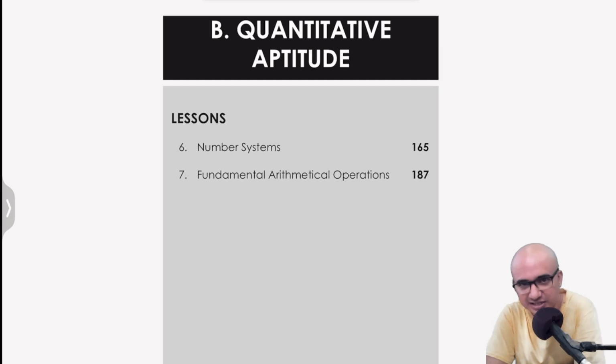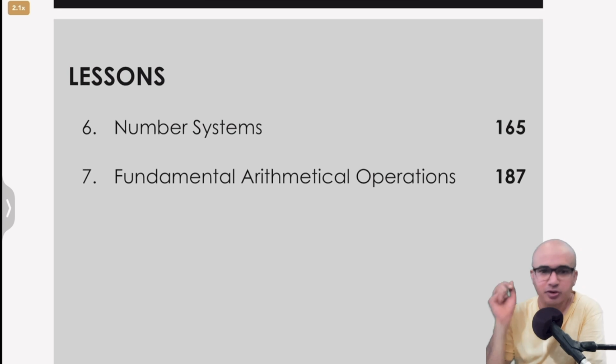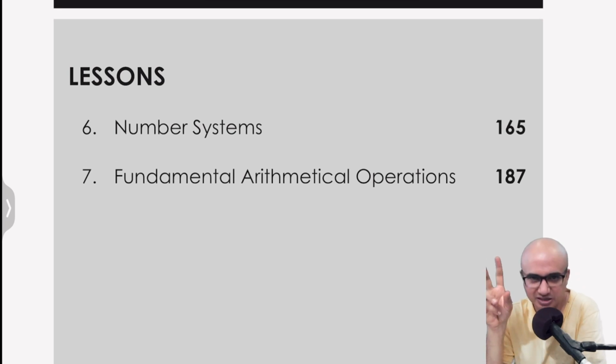As you can see on the screen, quantitative aptitude is part B of current affairs and other associated topics of the CSEET syllabus. This is something which the institute introduced only with this attempt. So until now we didn't have quantitative aptitude as part of the syllabus, and this is there only for 20 marks right now. Of course, we still have logical reasoning as part of the syllabus where some of the topics actually overlap.